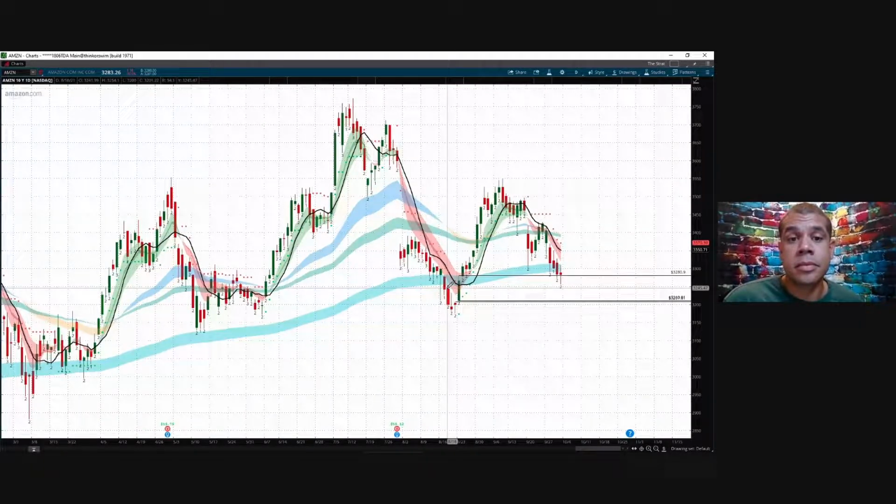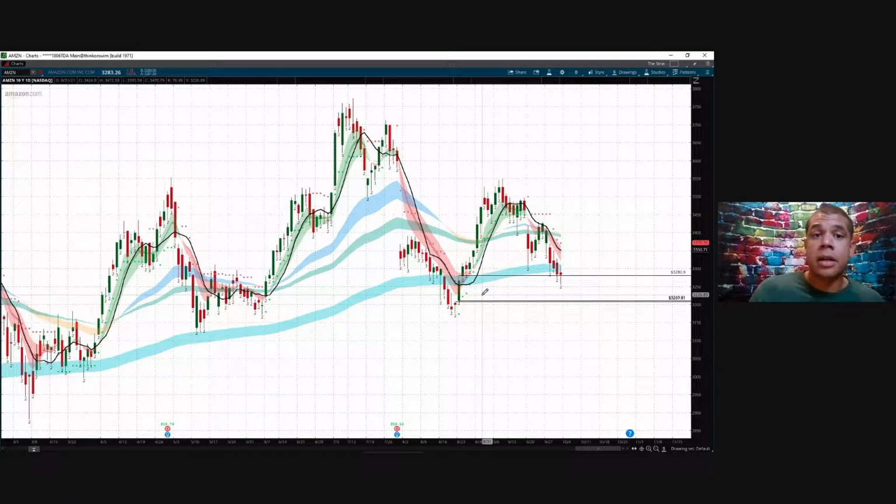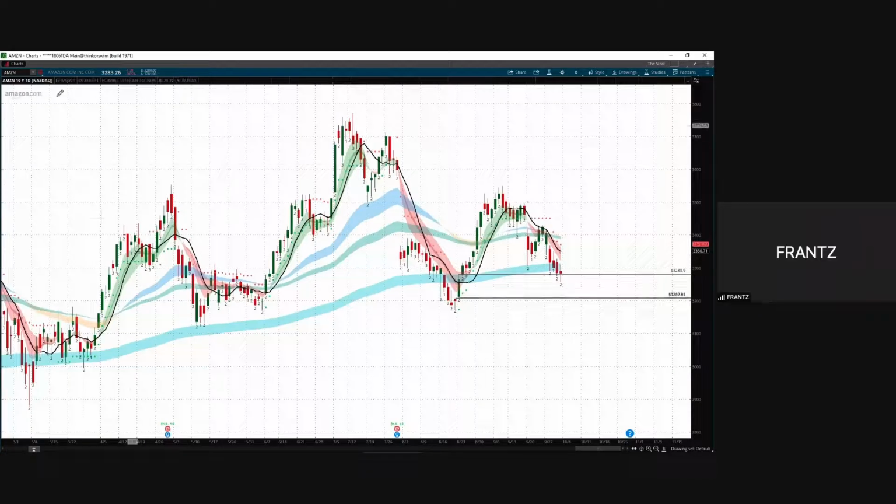People can find early entries, but then it probably reverses the next day, etc. I wait for it to actually choose a side, meaning it's in a strong uptrend. I generally look for that. But if you caught that bottom, oh, that was beautiful. That was a beautiful bottom, and we can see the same thing for